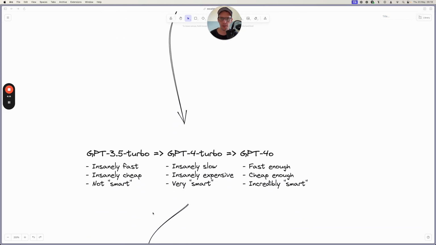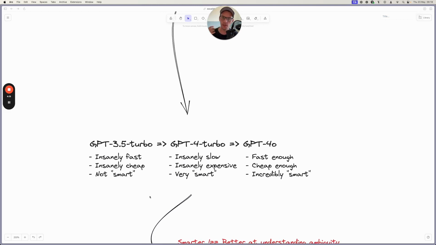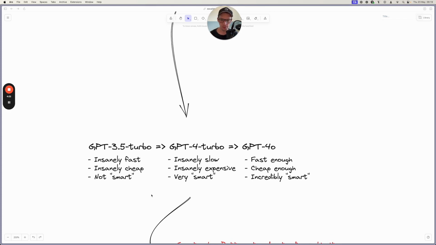So what's changed now is, of course, iterating on everything I just talked about. But OpenAI just released a new model as well. I've been playing around with GPT-3.5 Turbo because it's insanely fast and insanely cheap, but it's not very smart. I wouldn't say smart is a really bad term here, but I'll talk more about it. But then they released GPT-4 Turbo, but it's still insanely slow. For this use case, it's just too slow, and it's also very expensive,